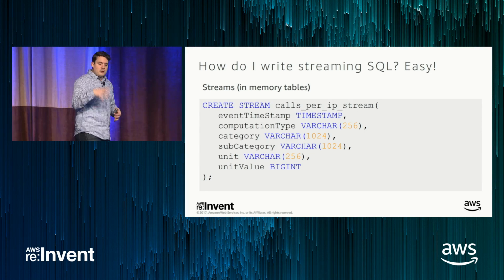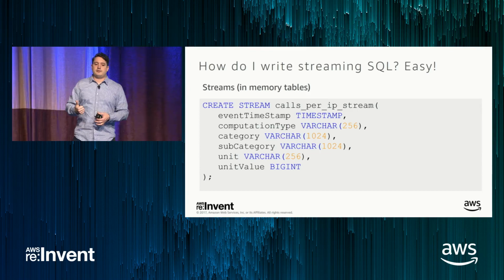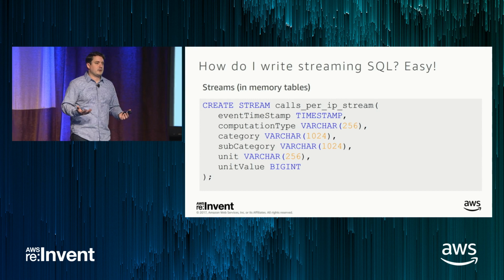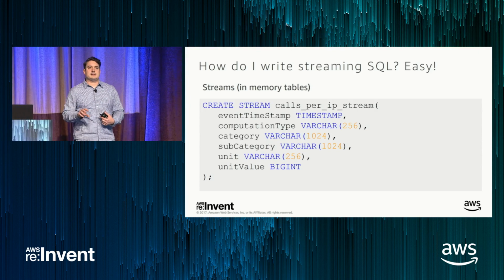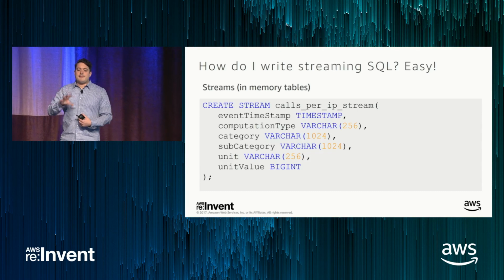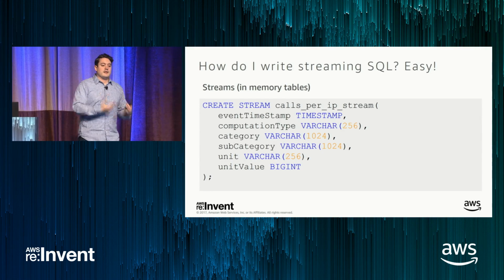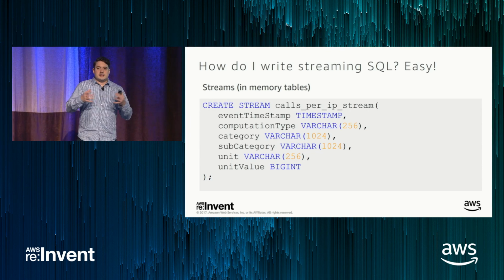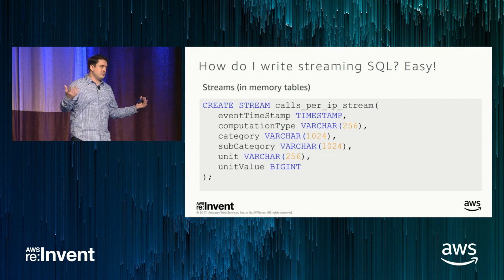The code for the middle part, there's two primary components of the code. There are these in-memory objects that we have. They're called in-application streams. You can think of them as almost like a materialized view on the stream. Right? So we ingest your JSON data. We'll auto-detect most scenarios for JSON data. We have some mechanisms to work around those issues if we don't auto-detect it. And then we map them to a stream with the column types and their data value types. So like the event timestamp, computation type, varchar 256. This is similar to a table. You create this in your application code, nothing happens. It's just an object, right?